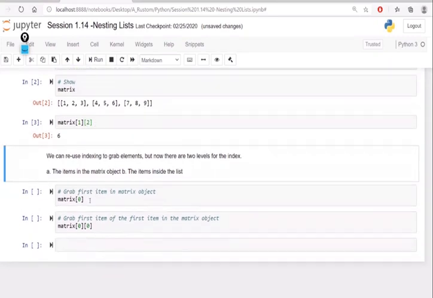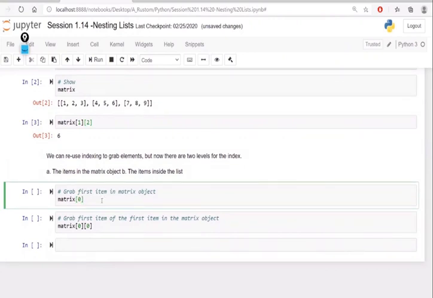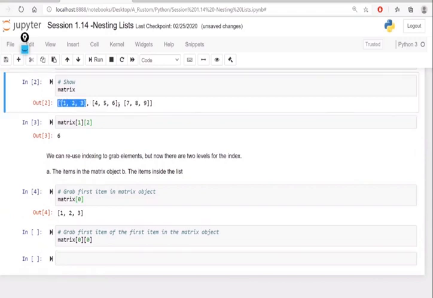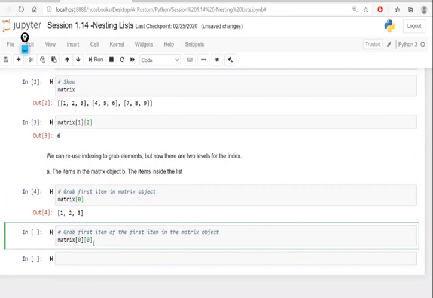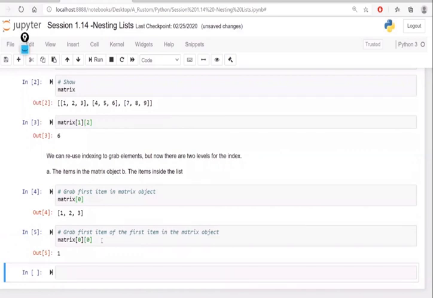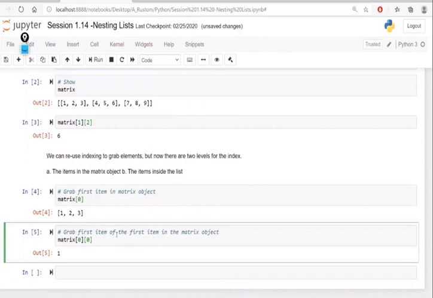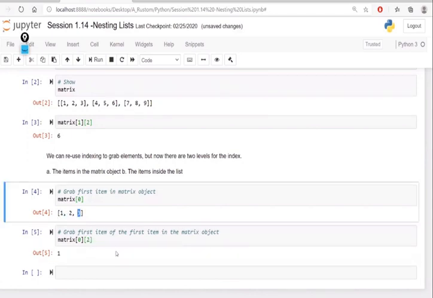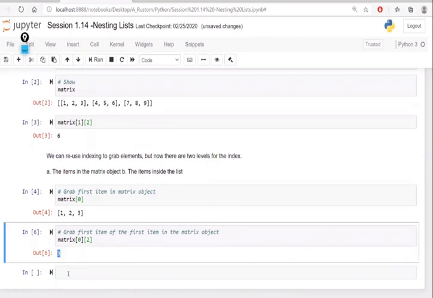Now, if I want to grab the first item, matrix of 0, right? I'm sure you would have got the idea: 0, 1, 2. If I say 0, this is the 0th index, and the first index and second index. Now, if I say matrix 0 of 0, first it is going to grab this list. Within that, I want to select the 0th index. The 0th index here is 1, right? So execute, and yes, you'll be able to fetch this particular data. However, I can select based on this index rotation. If I want to grab 3, I can just say 2, because it's 0, 1, and 2. So yes, I will be able to grab the data 3, right?